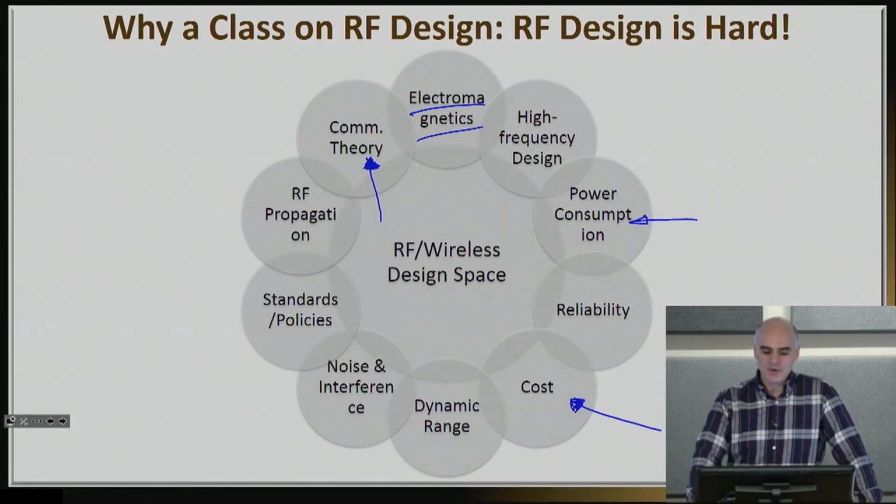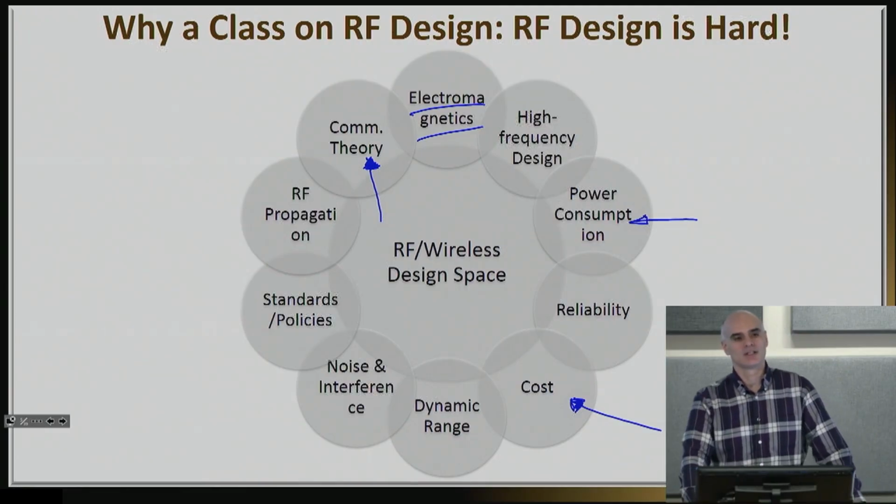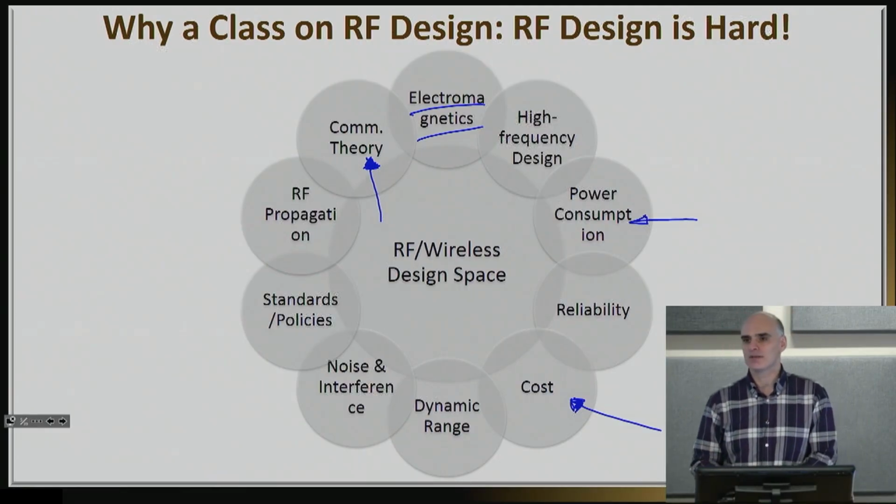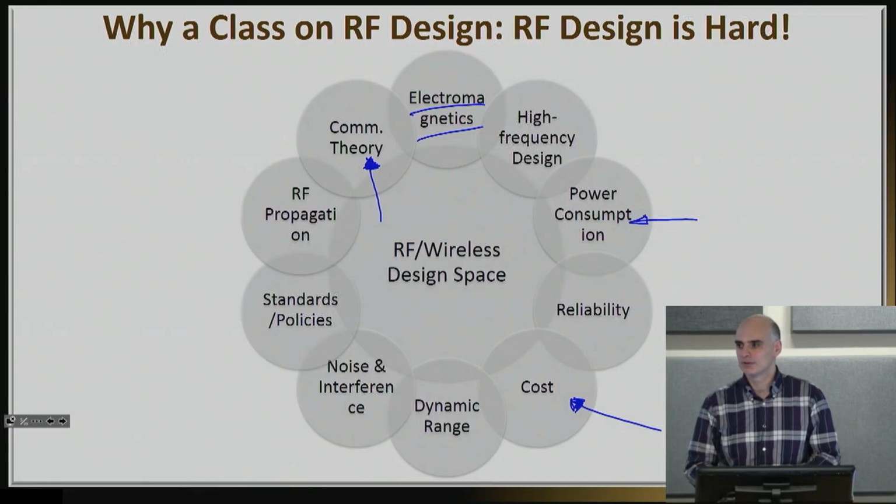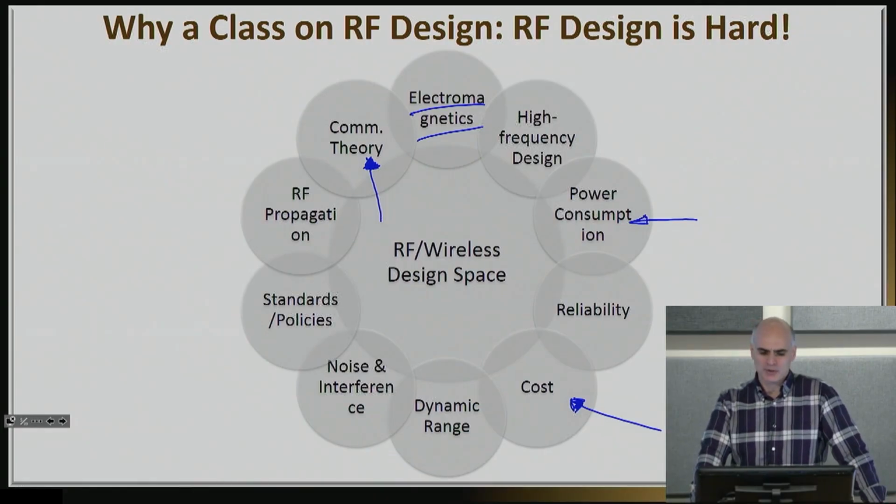So I'm not going to go through all of these areas that I'm listing on these slides, but I do want you to be alert because the easiest thing in the world is to basically pick one of these and just optimize your design on one of these. And honestly, this happens way too often. Even in the research community, you will find too many papers out there which will say, here's a design that has the lowest possible loss. Well, great, but is it manufacturable? Is there any technology I can use to make it at a reasonable cost? What about its power consumption? And does it deliver more than 1 bit per hour?